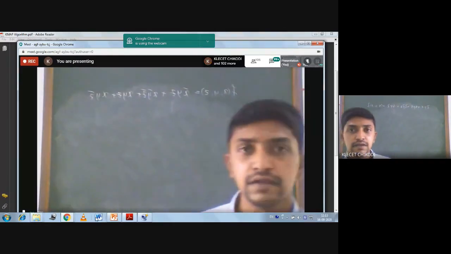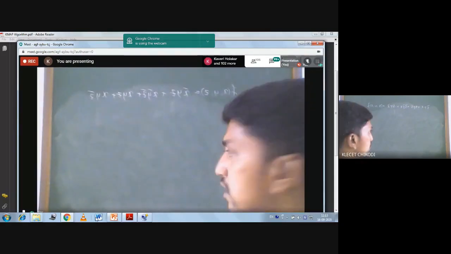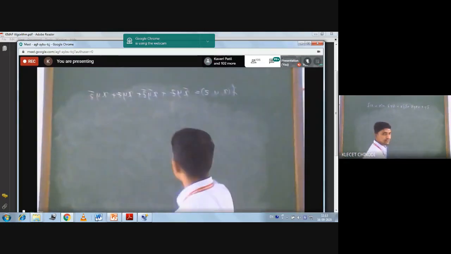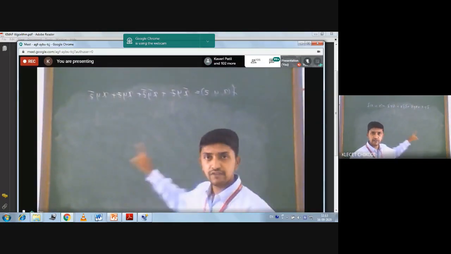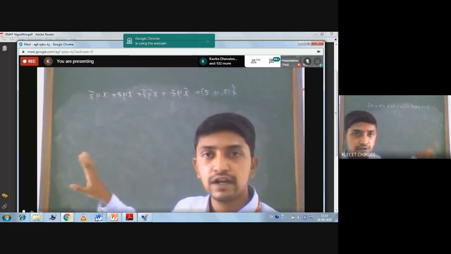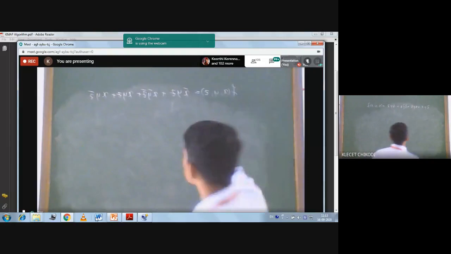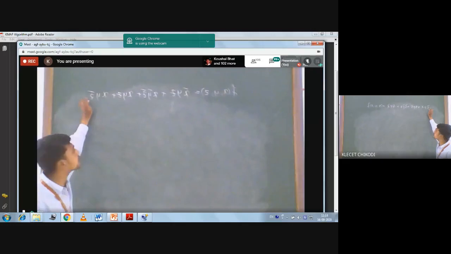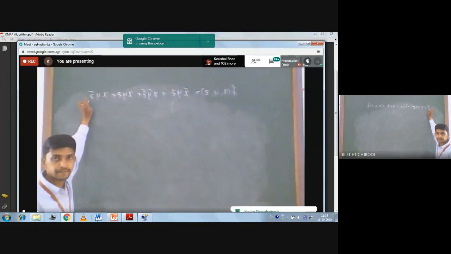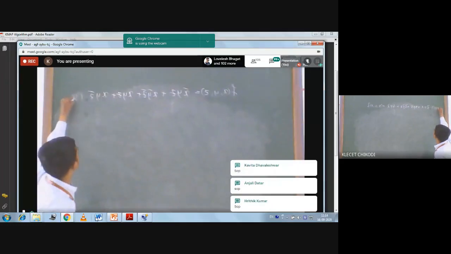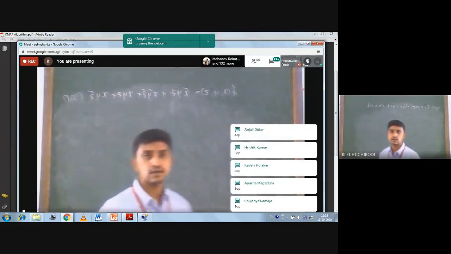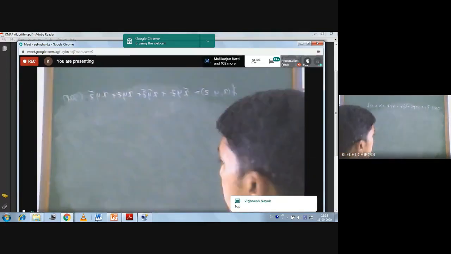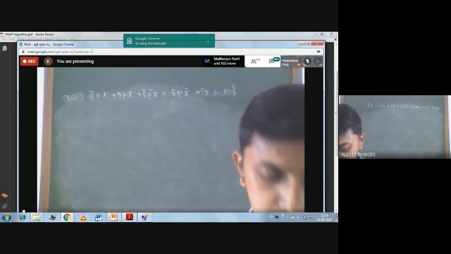Okay. I hope the screen is visible. Blackboard is also visible. I just want you to draw the truth table. First identify the number of input variables. Okay, draw the truth table for that. And before going to that, you have to first check whether it is a SOP or POS. So somebody let me know whether it is a SOP or POS. It is a SOP. So once it is confirmed, you go for the truth table. I will give you 2 minutes. Just solve and let me know the final answer.